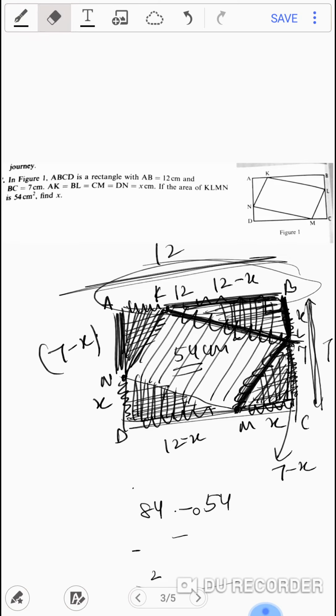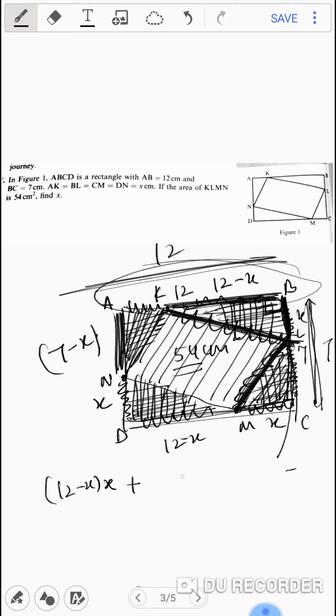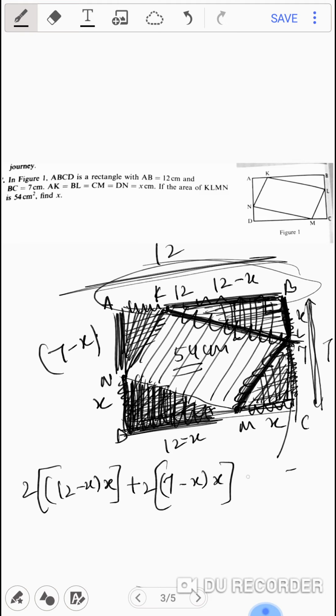So if I have 4 right angle triangles, your first is 12 minus x into x, plus your second is 7 minus x into x. And for 12 minus x into x, there are 2 such triangles, so you can multiply this with 2, because even this one, I'm darkening the part, this is 12 minus x into x. Yes, so 2 into 12 minus x into x and 2 into 7 minus x into x